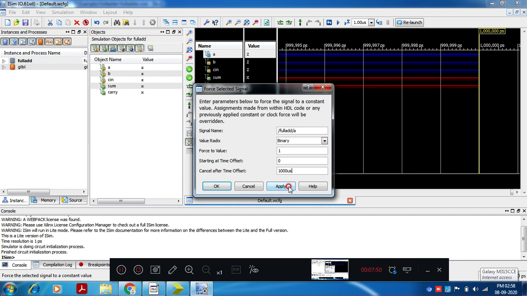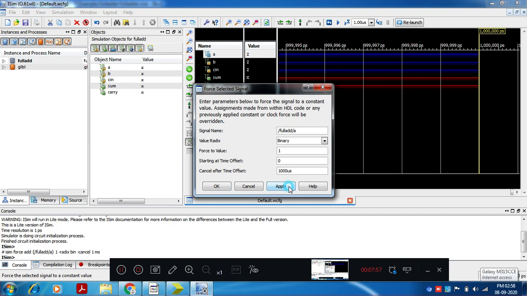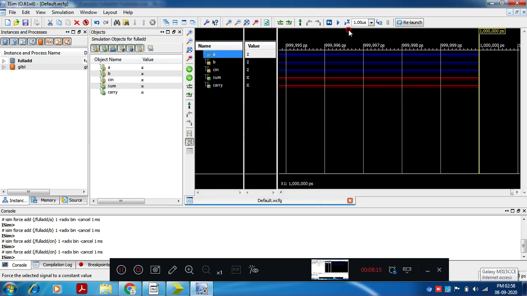Since the mu symbol is not there, we are using U for mu, so microsecond, US. Apply. Similarly for B we are assigning value 1, apply. Cin also we are applying 1. So all three inputs A, B, Cin we have assigned value. Change simulation time to 1000 microsecond.